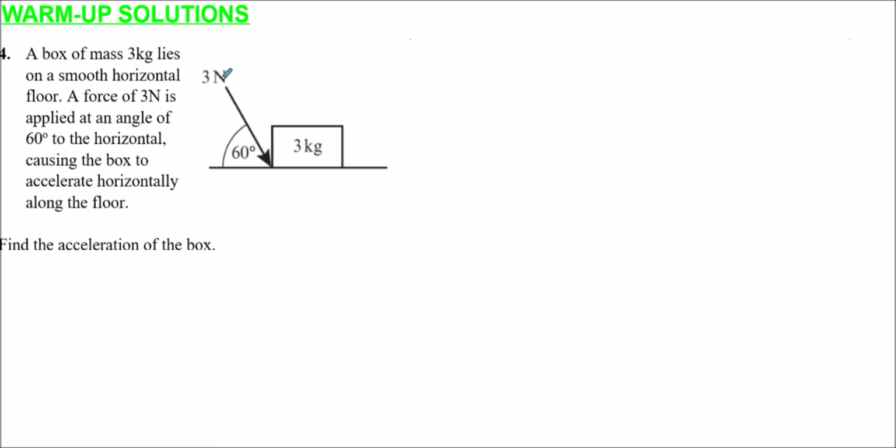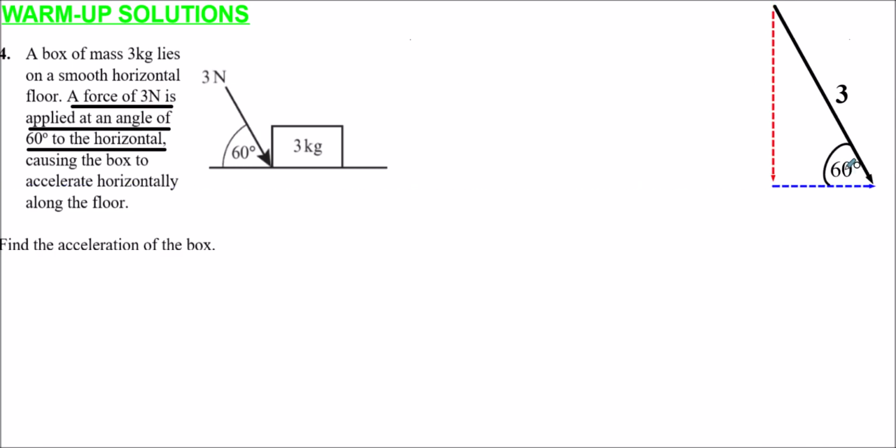This 3 newtons is acting diagonally. What we need to do is resolve this force into horizontal and vertical components. So this 3 Newton force, let's have it here. If I imagine a line going downwards and horizontally, like so, making a 60-degree angle, then we can use simple